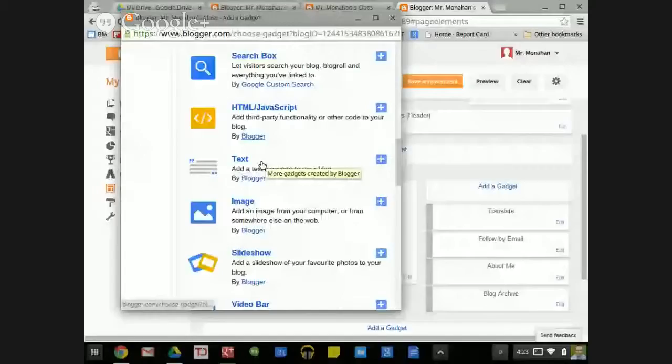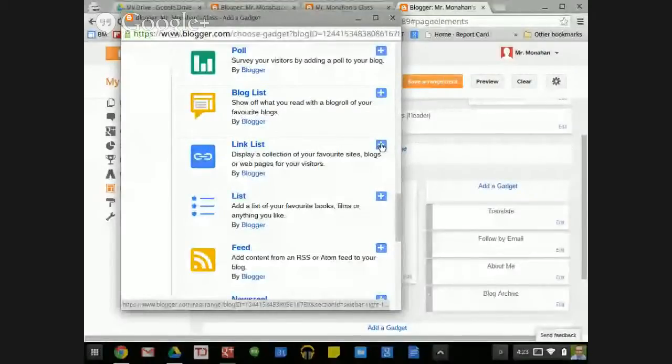So if you add multiple tabs, at the link list, you can add the links to the things that your students would be going to on a regular basis. So I'm going to click on plus, and this one will be